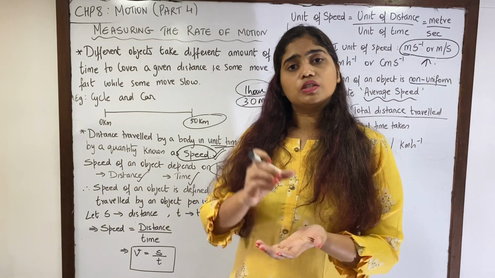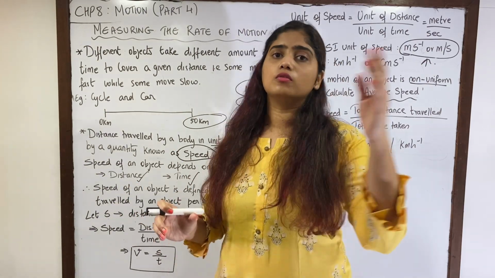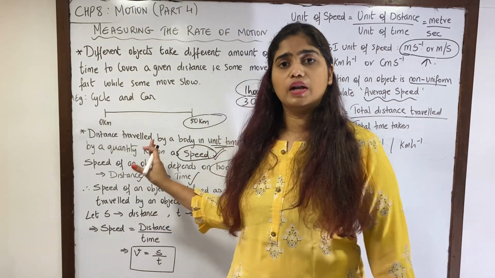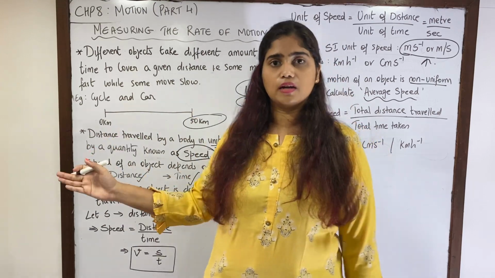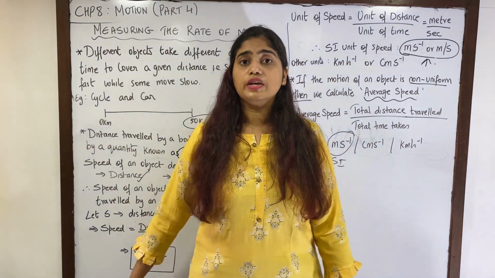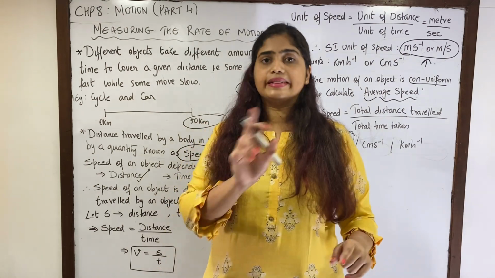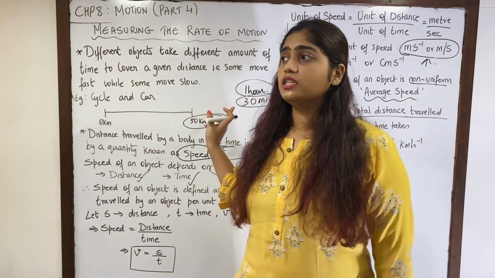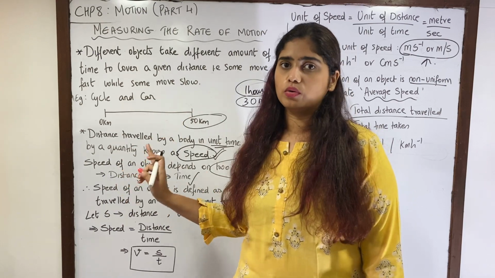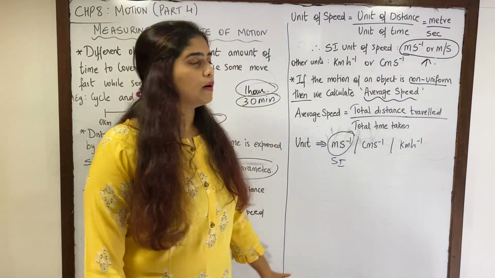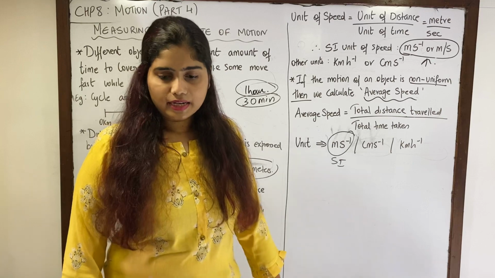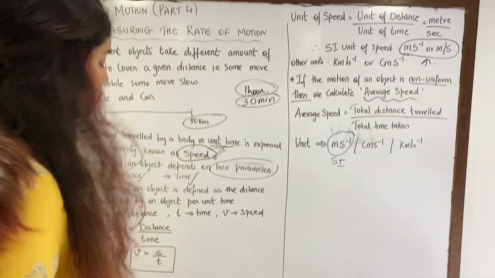Now if there is speed which is talking about direction, then that we are going to speak in the next video. But now you have to keep in mind that speed is a scalar quantity, that is, it is always going to be associated with the magnitude, that is a numerical value, and never is it going to be expressed when direction is involved. So now let us solve two sums based on this concept, and let us see how we have to solve them.